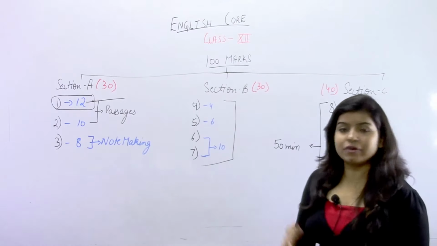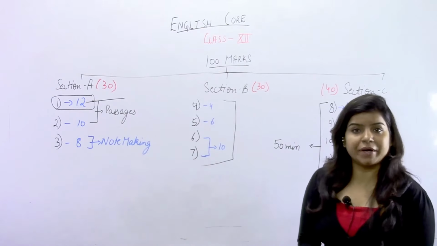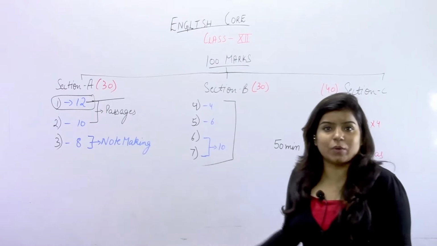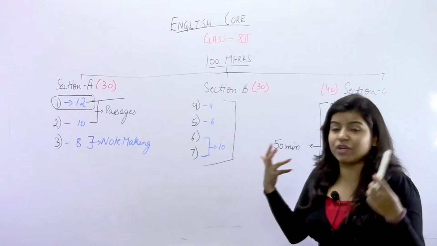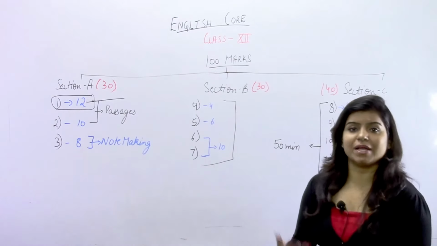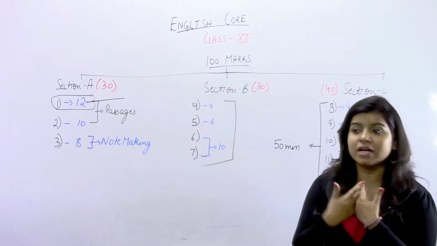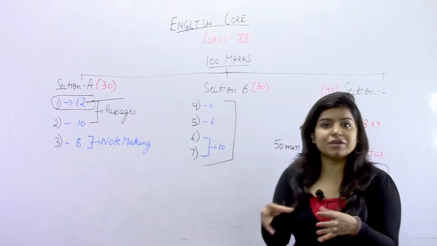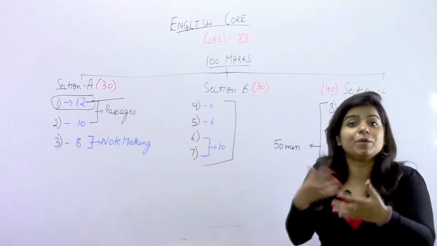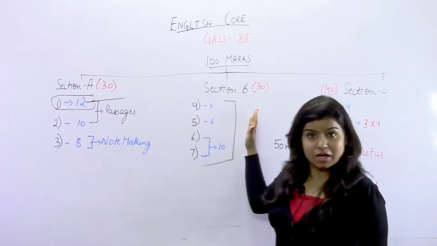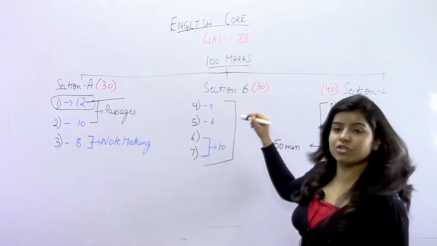And as it is the first board exam, we are quite nervous. We are not able to express ourselves. Our mind gets numb and we are not able to say what we want to. Many times we'll have something in our mind and we'll be so nervous that our hands will be shivering and we will not be able to write what we want to. So what we have to do with section B is read the question thoroughly.